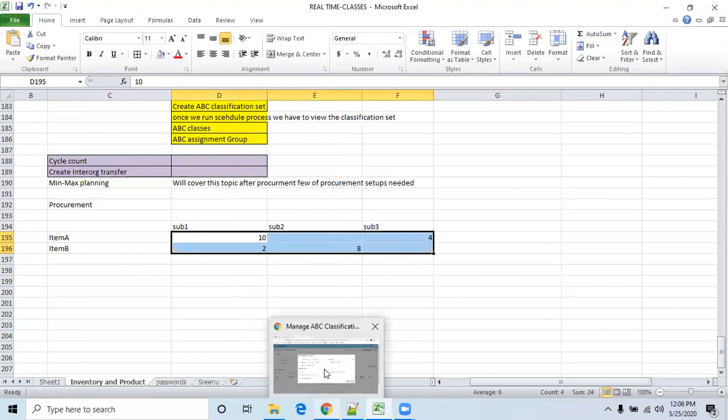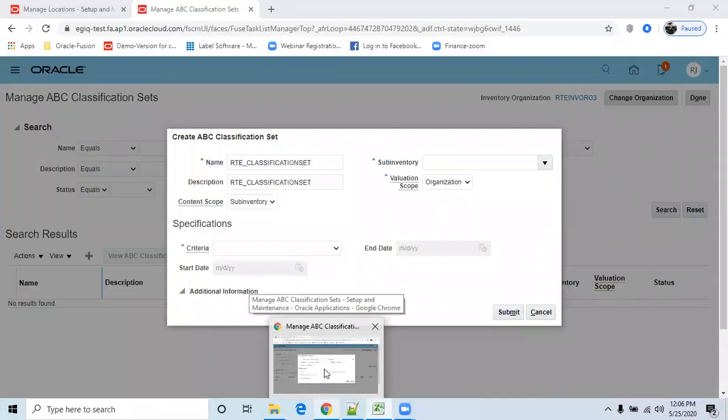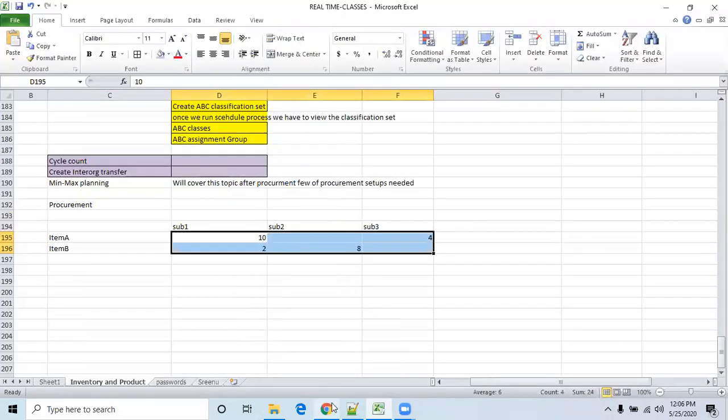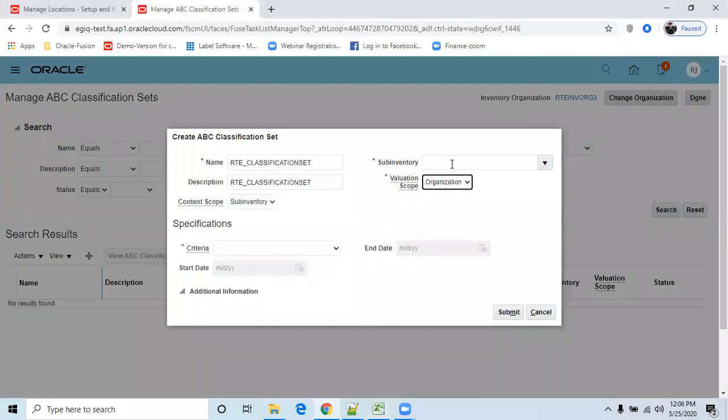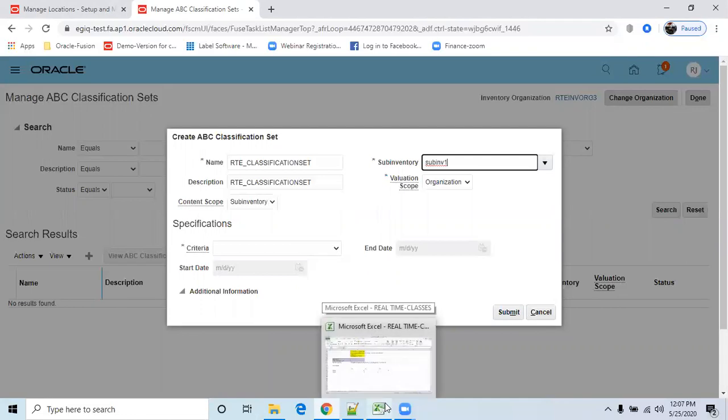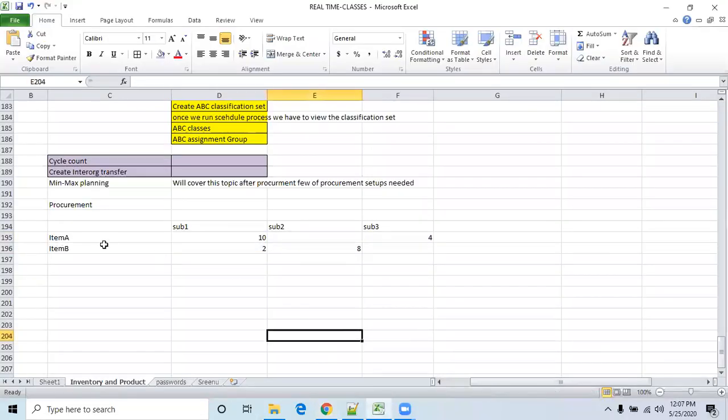Now we selected valuation scope as organization. And the sub inventory selected here is sub inventory 1. Then how will the system consider this classification set? Since we selected sub inventory 1, the system will consider this 10 plus 2, 12 quantity.